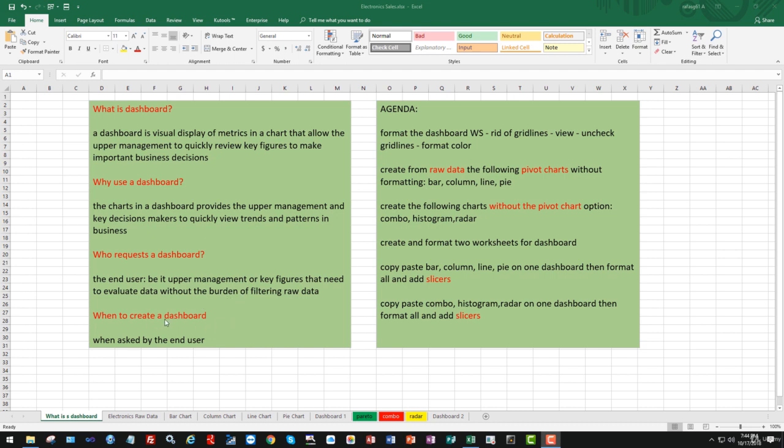So when do you create a dashboard? Again, when asked by the user. It's not something you're going to do on a daily basis. It's going to be done when you consult with upper management and they want summary data in a chart. So the way I've set up this agenda, if you will, to create a dashboard,